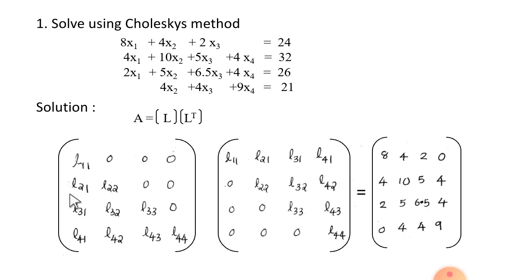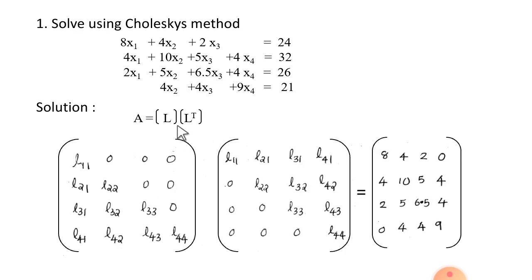Then this is the transpose of this matrix. So how to write the transpose of a matrix? We already know about it. To write the transpose of a matrix, you have to write the first entries in row form. So write this column as a row here, then this column as a row here. Similarly, the other two columns you can also write. Thus you can write the L transpose matrix. The A matrix is nothing but the coefficient matrix given in the question.